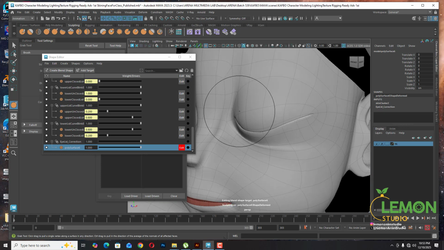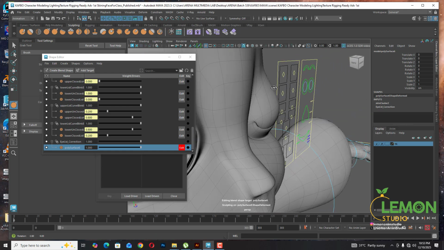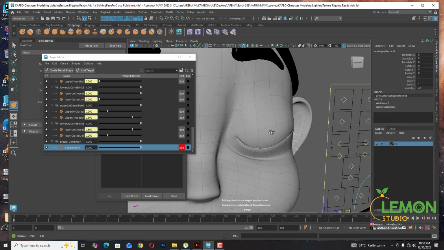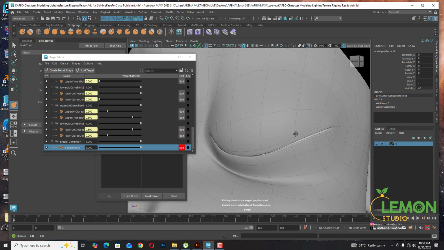You might probably do the same thing on the side. Just push that part out slightly, and then the upper part of the eye too. We can create this nice rim around there. Another thing again is,